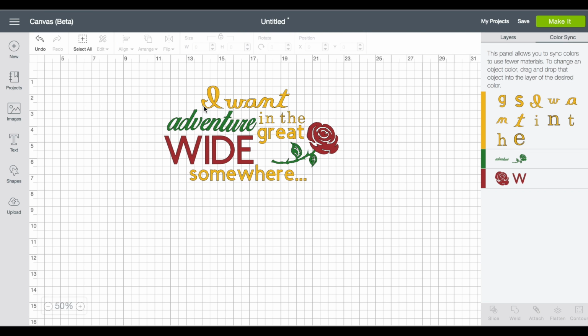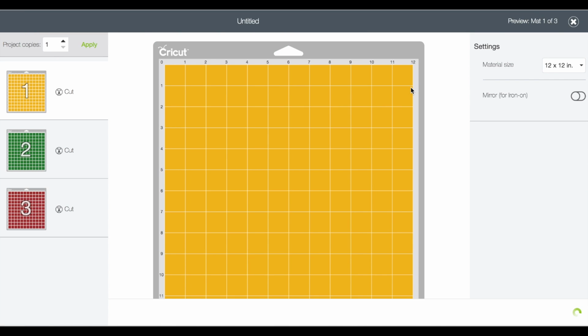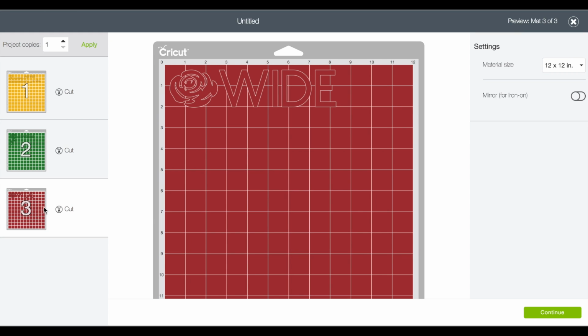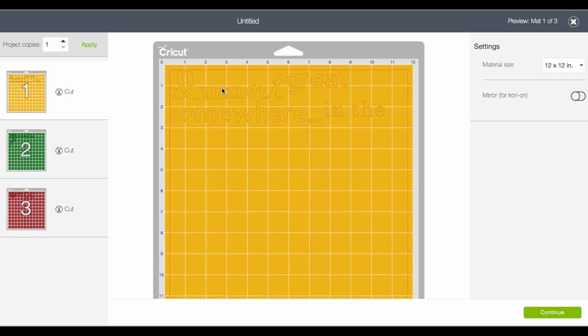Just 3 colors. And then let's see how, if we need to attach anything if we forgot. So we'll just go to make it. So now we have I want great somewhere in the, we want to save space. So we definitely want to get it all bundled like how it is. And then we'll have to put it on the shirt how we do. So make sure you watch that tutorial if you want to see how I'm actually going to do all this.